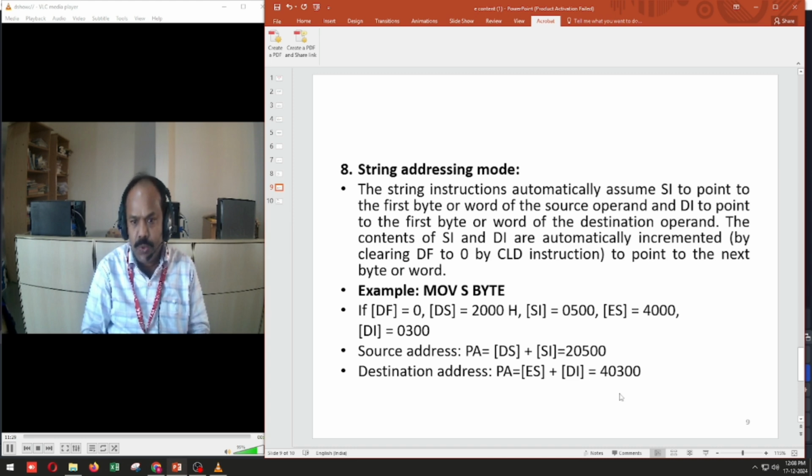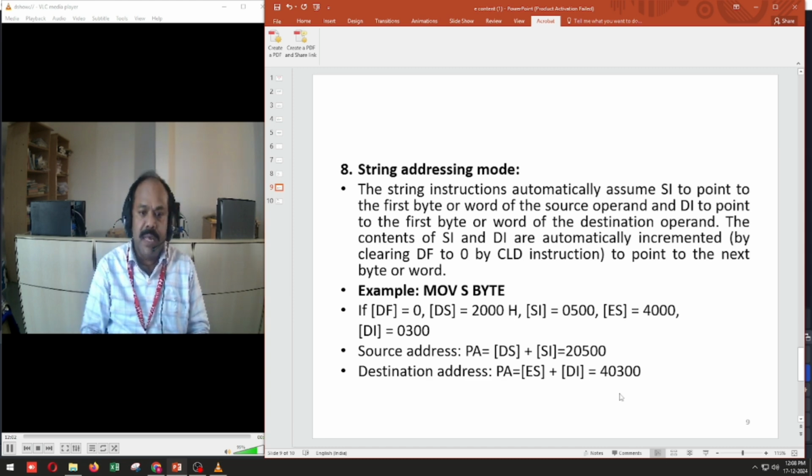The source address will be available in the SI register, the source index register, and the destination address will be available in the DI register, the destination index register. The direction of string byte or string word data transfer will be indicated by the status of the direction flag DF. If DF is 0, you will be able to transfer string bytes from the lower part of the memory to the upper part. If DF is set, that is 1, you will be able to move data from a higher address